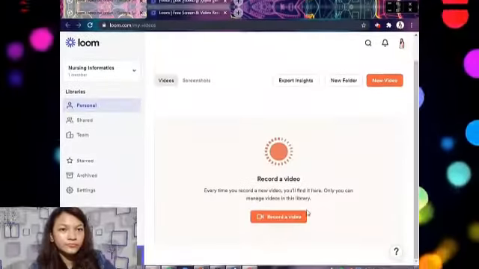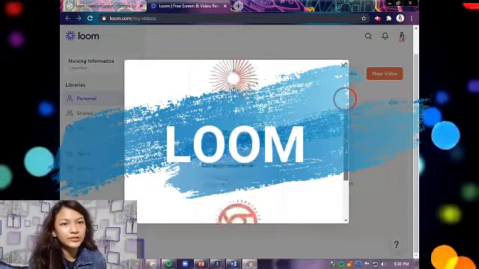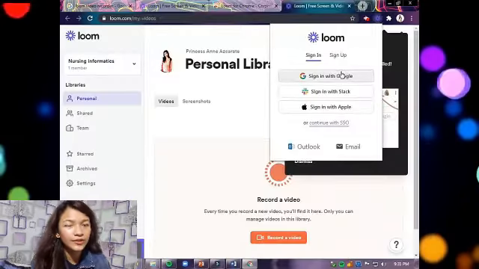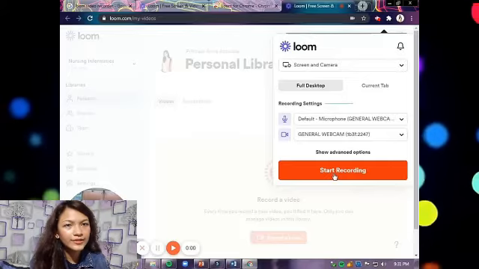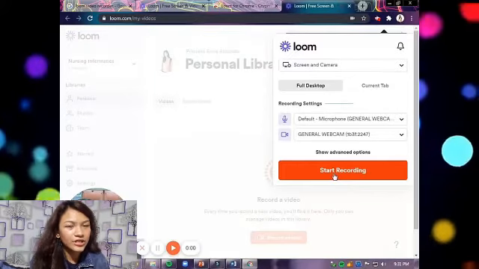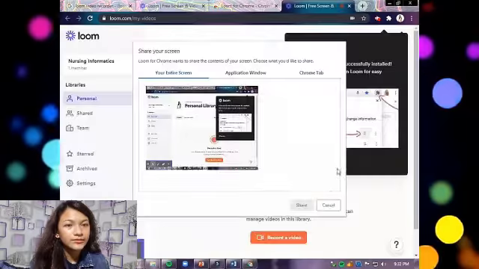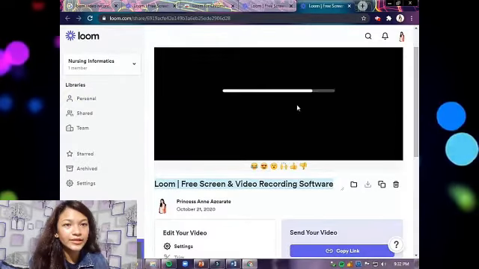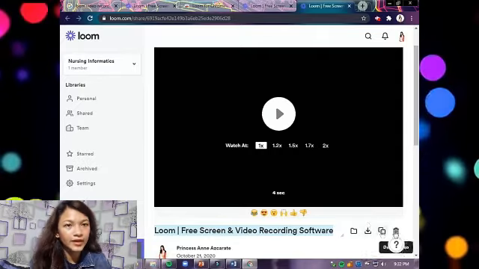To record the screen, I use the Loom app or website on the internet. So I added it to Chrome, signed into Google, then I click start recording, I check the webcam and the mic, then I share the screen, and after that we can edit it. Then we can trim or